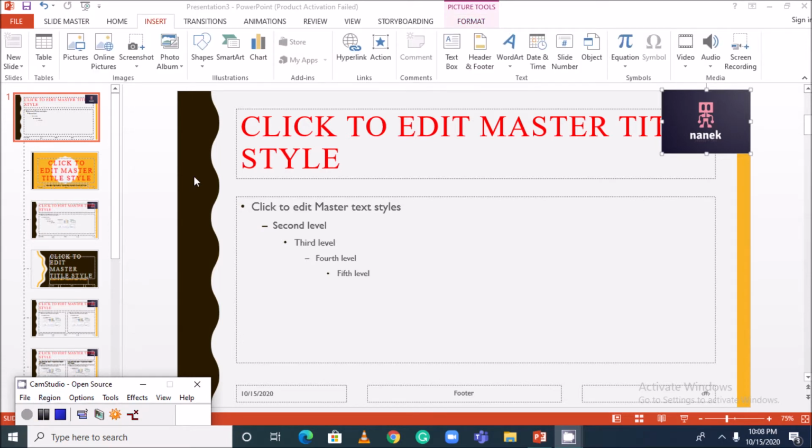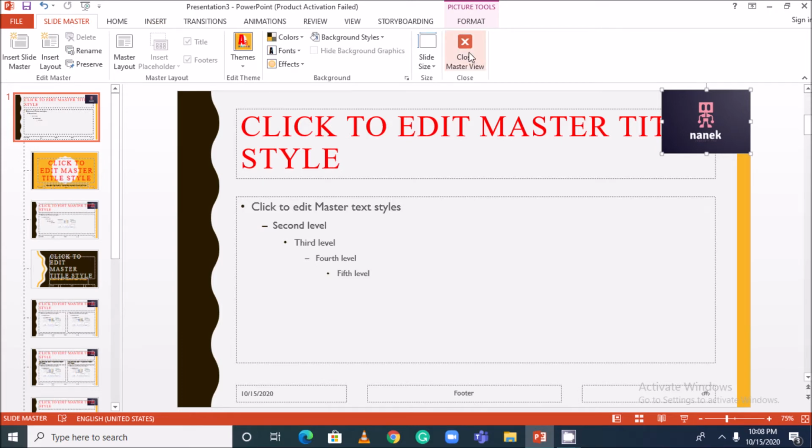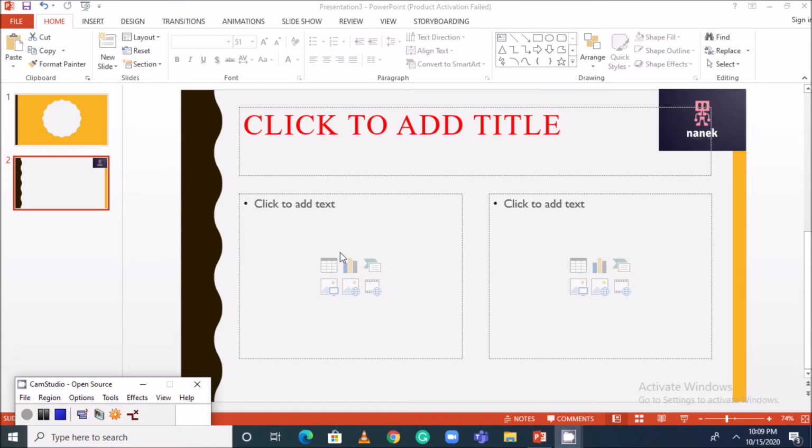Now we can go to the normal view and see these changes. So how can you exit from the master view? You have to click on the slide master and click close master view. Now we are in the normal view of our presentation. So you can see clearly whatever changes we made in this master slide.